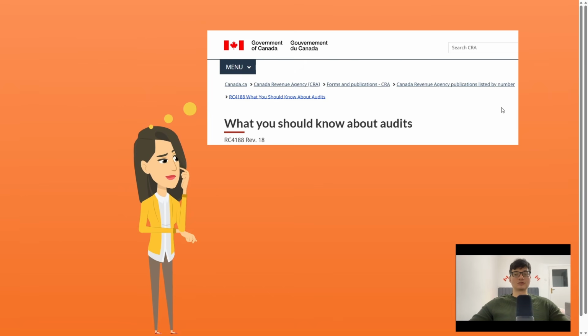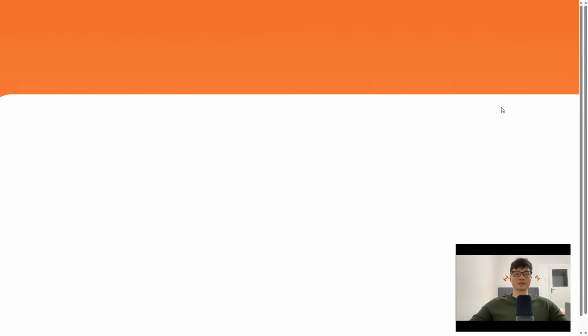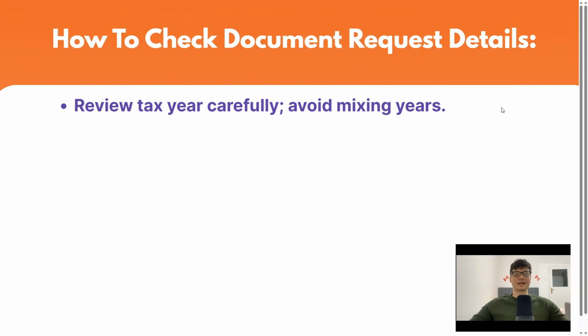So let's say you had a big donation or a big medical expense, then they're going to ask you to send in the donation tax receipt and the medical expense receipt that you paid, who it was for, what it was for, etc. So the best thing you can do is make sure you have a concise, clear document package that has all the details that is necessary for them to quickly review your document